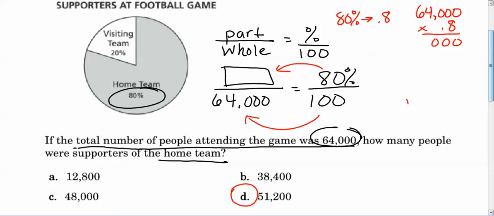All right, so 8 times 4 is 32. 8 times 6, 48 plus 3, 51. Now, we have this one decimal spot here, so you start at the end, move it in 1. Put our comma here, so 51,200 people. So there's more than one way to get there, but it is choice D, and I believe that's